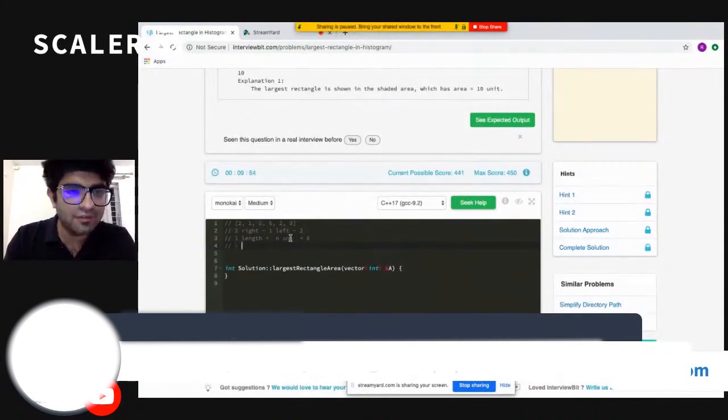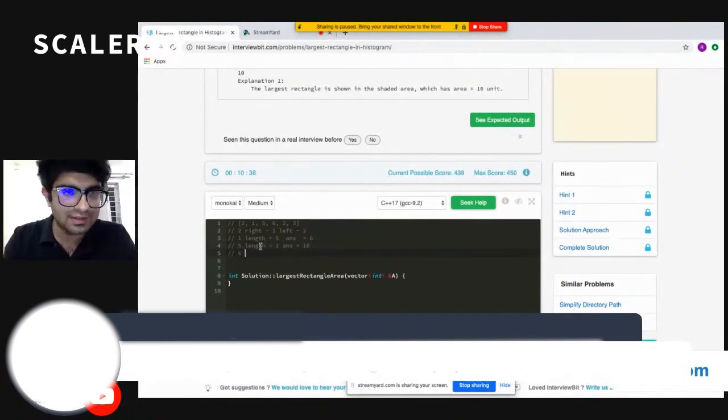Now for 5, if I do it in a similar way, I can see that for 5, 6 is greater than 5. And okay, I found element 2 which is less than 5. So I can only consider these 2 elements for 5. Now if I think of the elements in the left hand side, I can see that 1 is the minimum element for 5. So I can consider only these 2 elements for 5. So I have a length of 2 for 5, and I have a value of 5. So my answer will be 10 if I take 5 as the height.